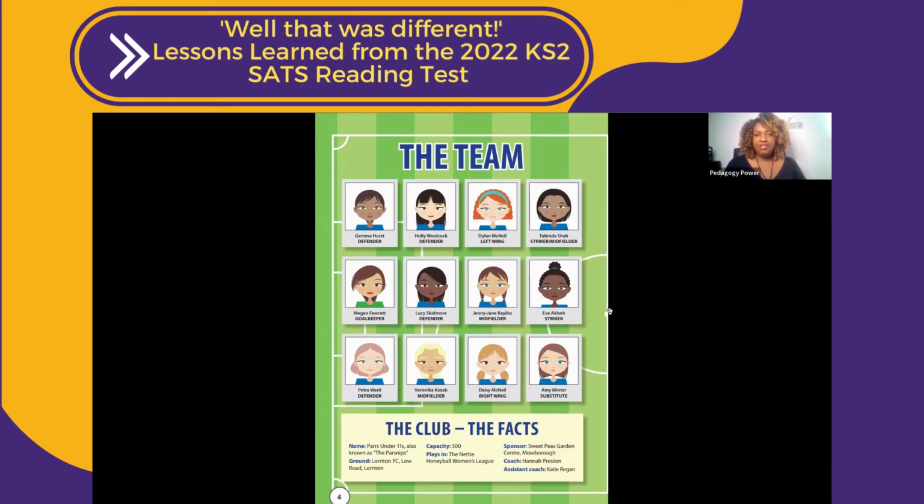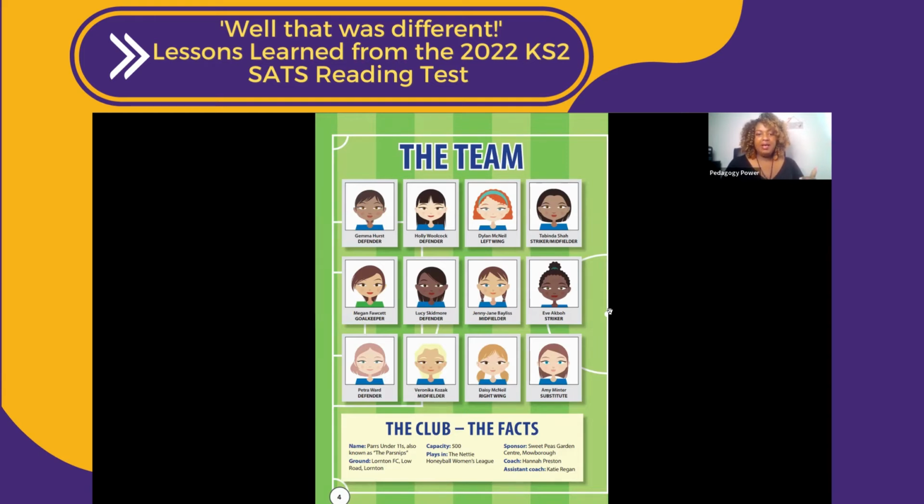There are words here where children should be able to use their knowledge of morphology in order to figure out what they mean. You've got things like defender, midfielder, striker and goalkeeper. They should be familiar with the language of football, certainly having played it during their physical education. But of course, we have got some tricky ones, things like league. Are they picking up on what that means when it refers to the Netty Honeyball